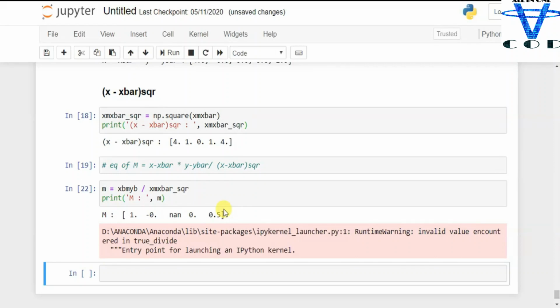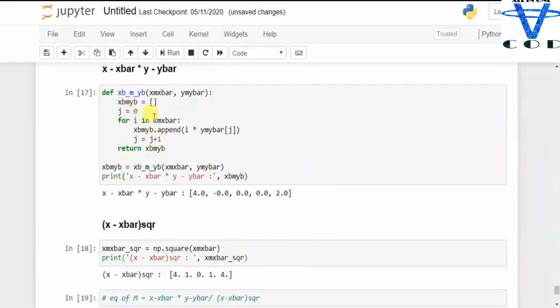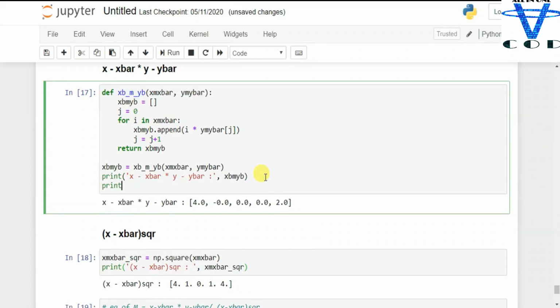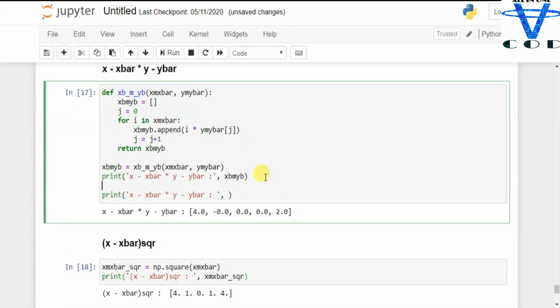Let's print x minus x bar into y minus y bar, which is the sum of x minus x bar into y minus y bar. I'm gonna copy this and paste it in here, equal to, use this sum function, paste this again, and then simply remove this.